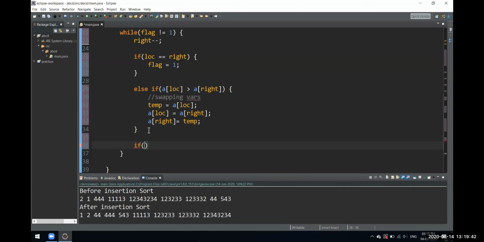This if condition would get nested inside that if condition. So this would still be fine. When we have an if condition, if flag is not equal to 1.